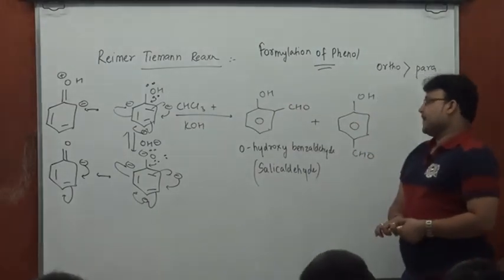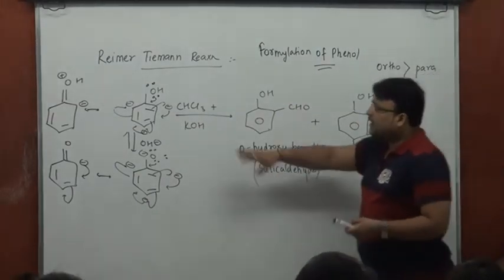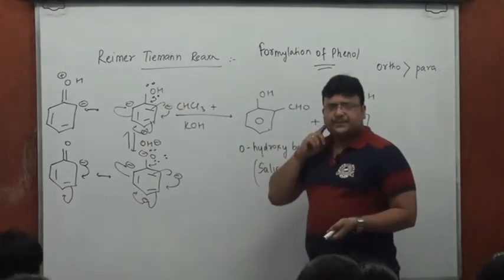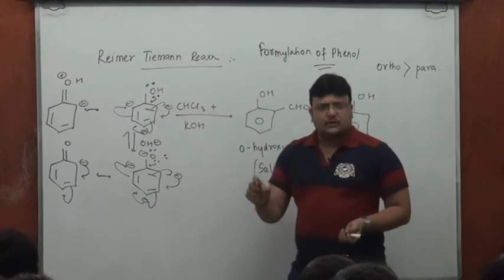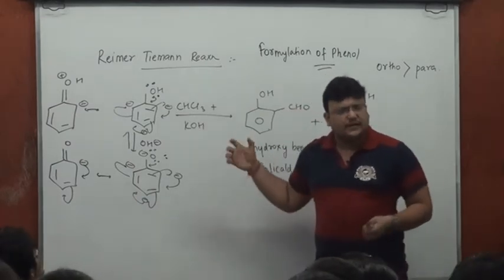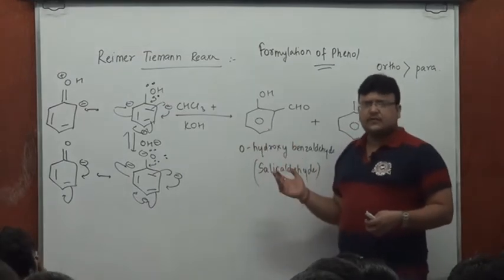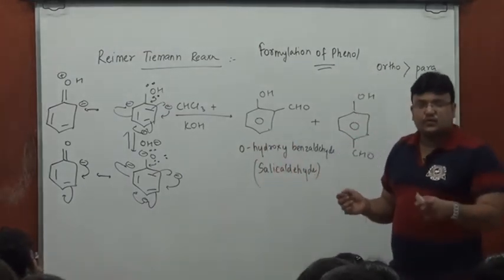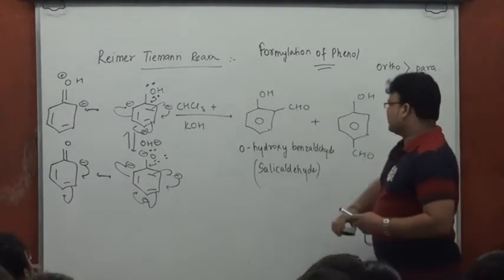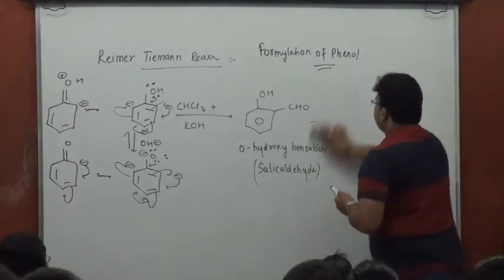So the medium being alkaline, I'll believe that phenoxide and not phenol is the molecule attacked, and then we'll want to figure out the electrophile. Anyone who could tell me what's the electrophile here? Anyone in the class who could tell me? CCl2, dichlorocarbene. True. Let me rub this stuff so that we can go into the mechanism.